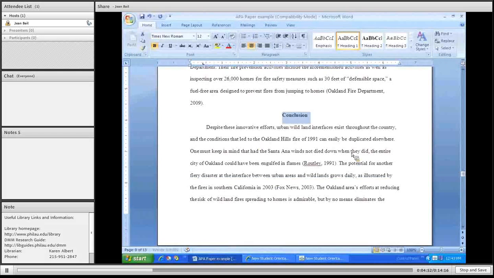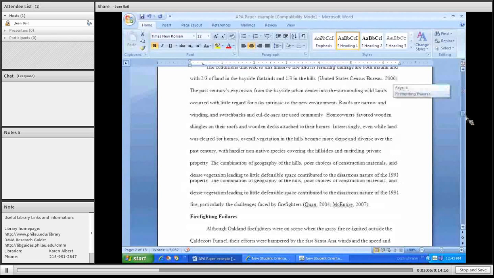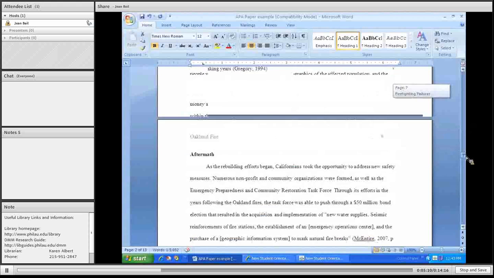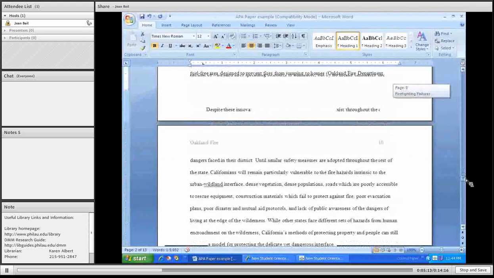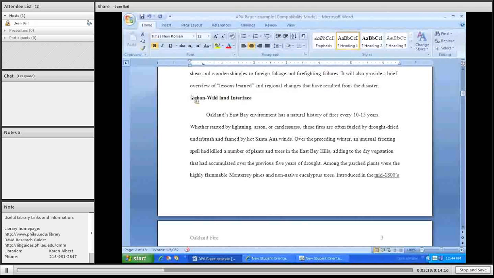The conclusion should be bolded. A level 1 heading is centered, Times New Roman 12, bolded. A level 2 heading is flush left, Times New Roman 12, bolded. And then a level 3 heading is a half inch indent. Don't have a level 3 heading in this paper, but if we wanted to have a couple of subheadings under Urban Wildland Interface, they would be the same thing here, only indented a half an